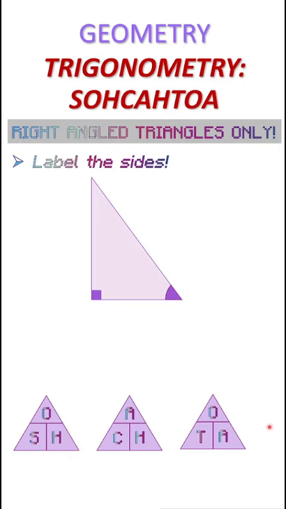Sine, cosine, and tangent are three trigonometric functions that tell us the ratios of the lengths of the sides of a right-angled triangle. Remember that you're always referring to a specific angle x, or you might see it as the Greek letter theta, but I'll just stick with x here. When we consider which sides are the opposite and adjacent, you can't just pick any one you want, the functions